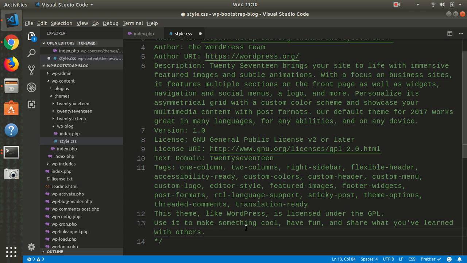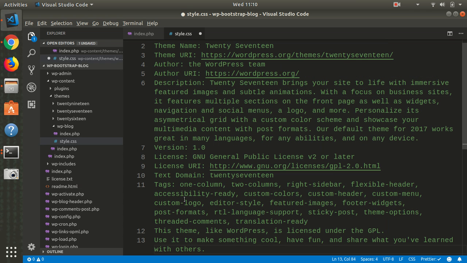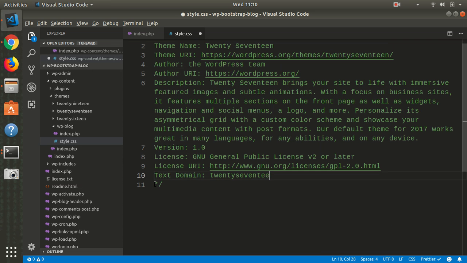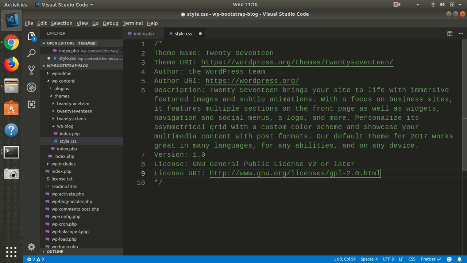Okay, for these tags, I'm not going to use tags. Okay, for the theme name, it's WP Bootstrap. Okay, and for the URL, I will type my own